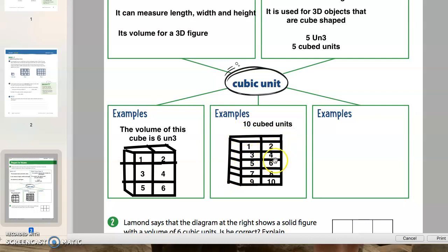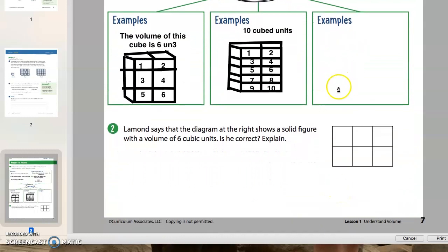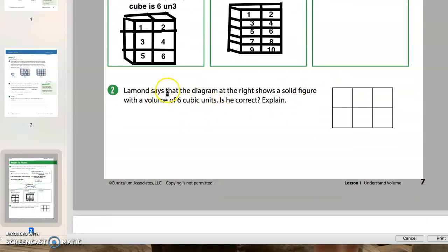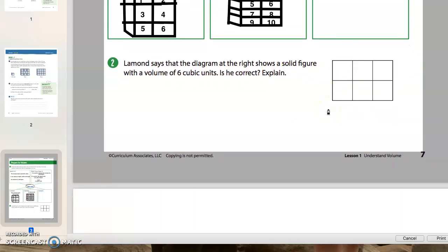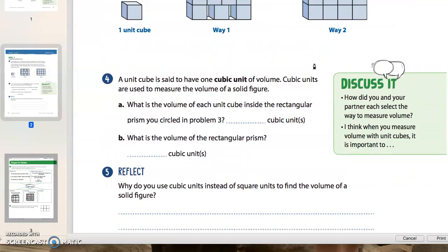And I labeled the front face just so that the teacher would know that this is 10 cubed units because this is the front face. Okay, and then right here you wanted to make your own example to show the teacher that you know it on your own. And then Lamont says that this diagram shows a solid figure with a volume of 6 cubic units. Is he correct? Well, he said solid figure, so I'm going to have you go back to page 5,